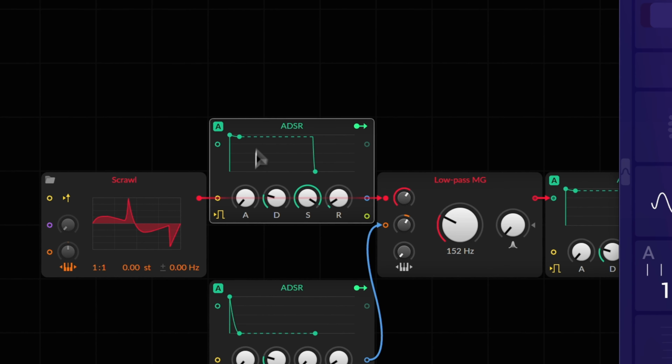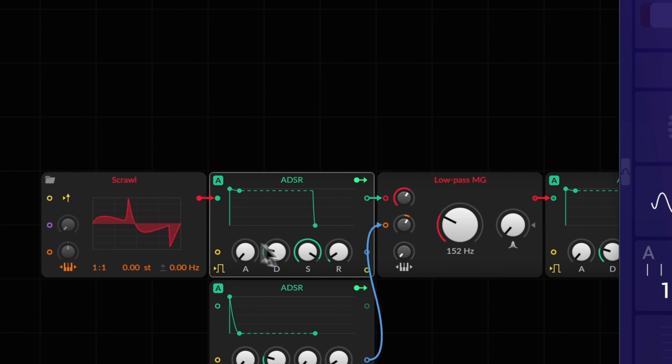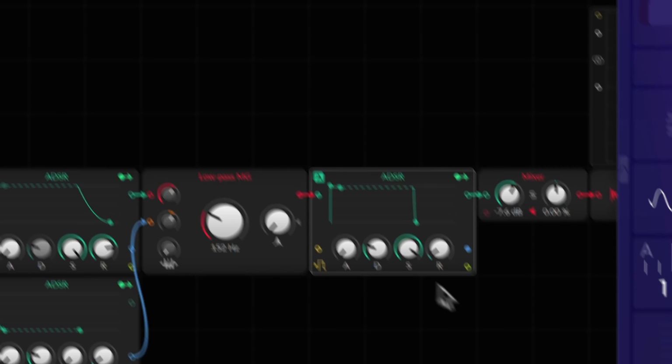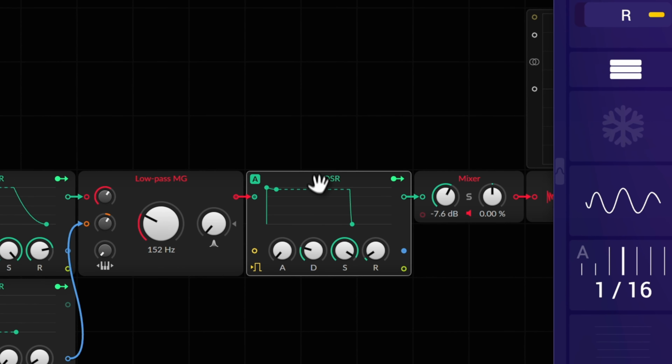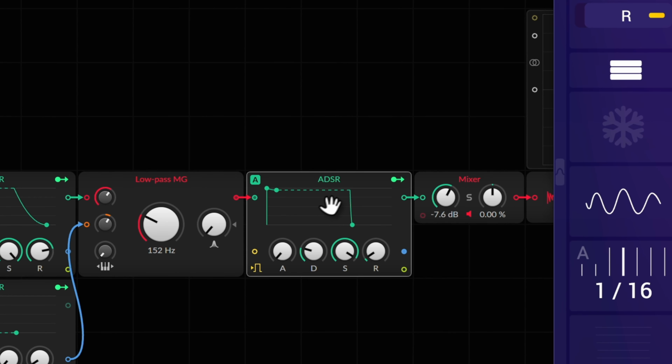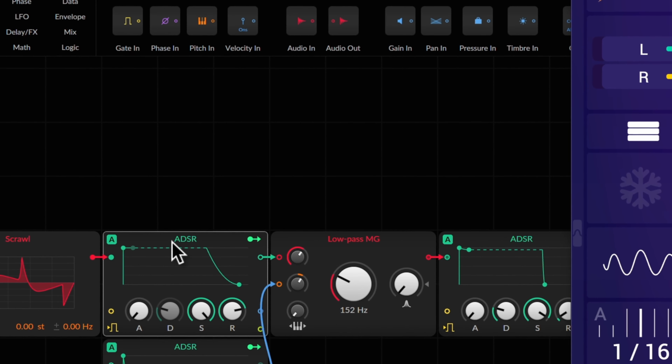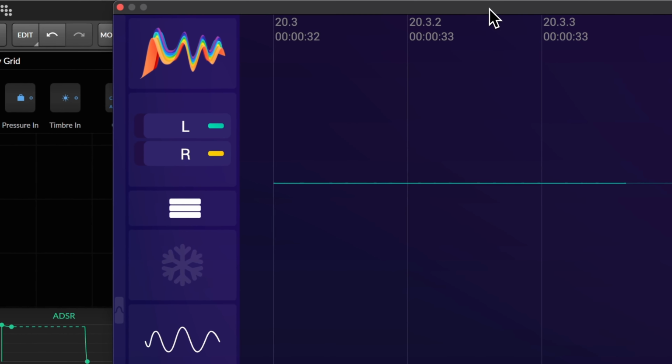But if I take an ADSR here and put it in between, the attack has to be at 0, the release you can do to the maximum, it doesn't matter, because the actual envelope which we use to shape the amplitude is here. This one is just to synchronize it. And now,